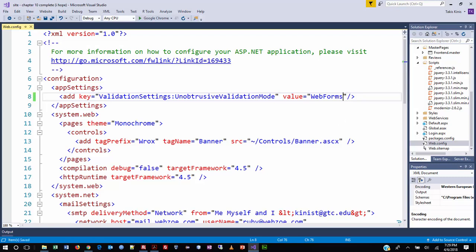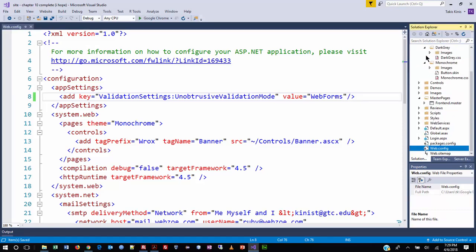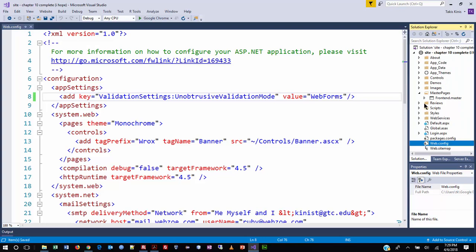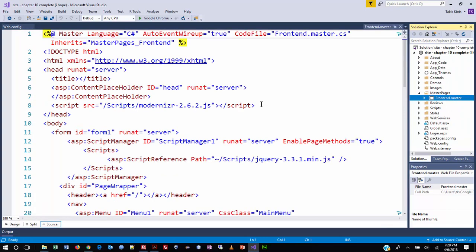And then also go to your master page. I'm going to collapse some of these folders here. Bring up that Frontend Master. And in the script manager, they want us to make an